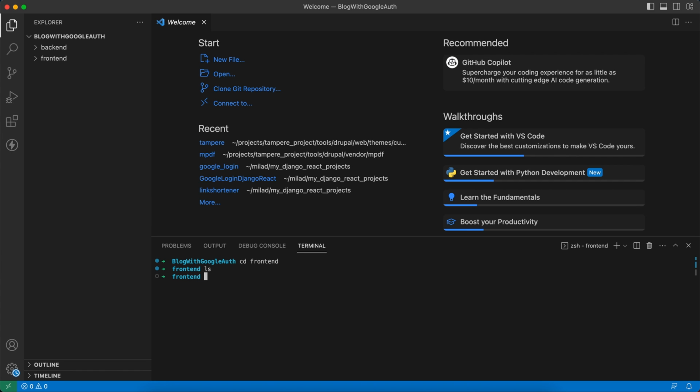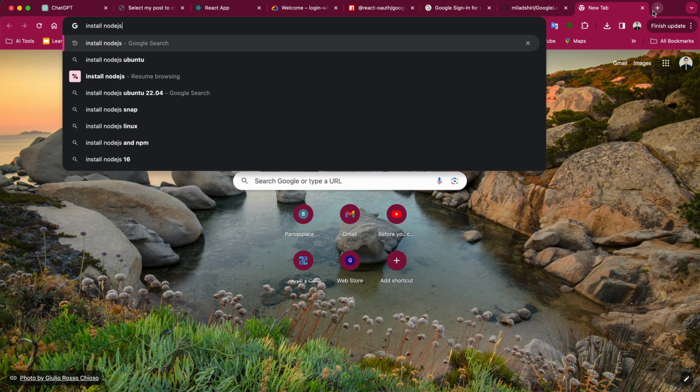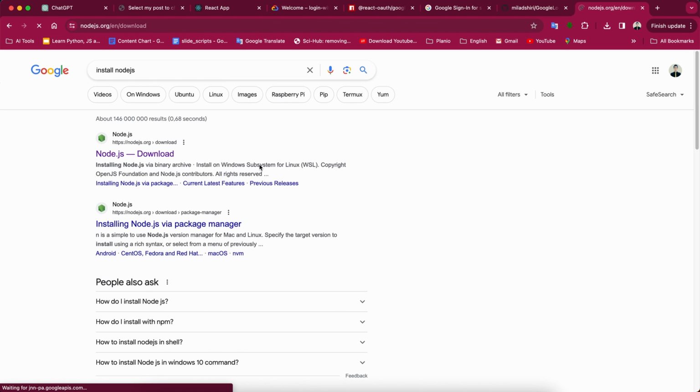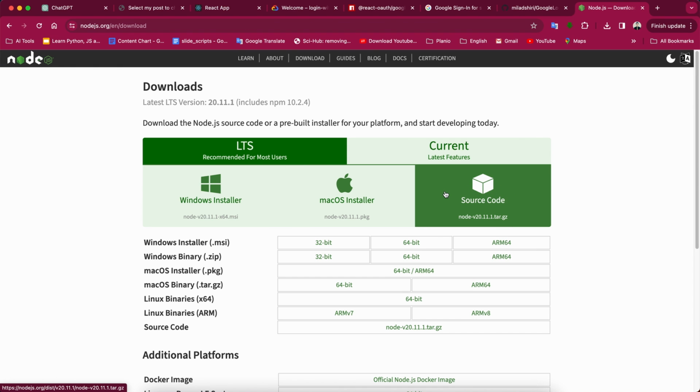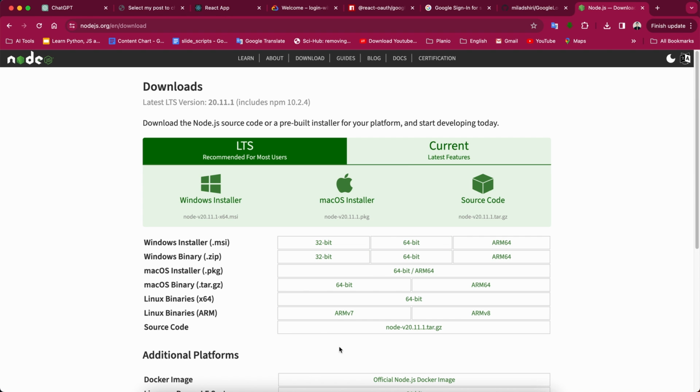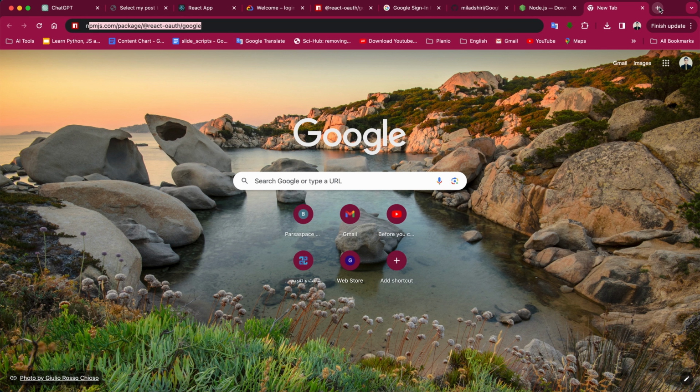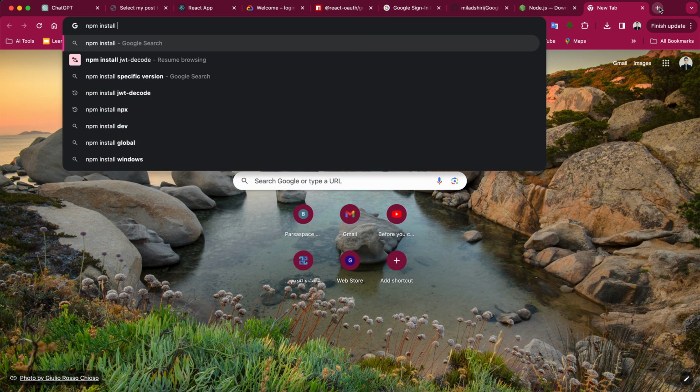For that you need to have Node installed on your machine, also npm, which comes with Node by default, and then you also need to install npx with npm. I'm not going to explain all these things. You can watch my other tutorials on this. So if you don't have Node.js, you can simply go ahead and install it. Just search for install Node.js, find the right version for your OS and install it. It's really easy. Then you will have npm, and for installing npx you can just say npm install npx,